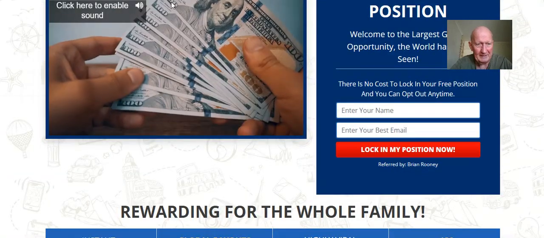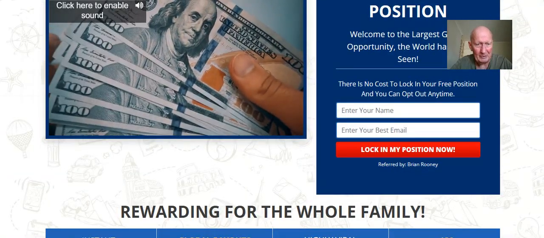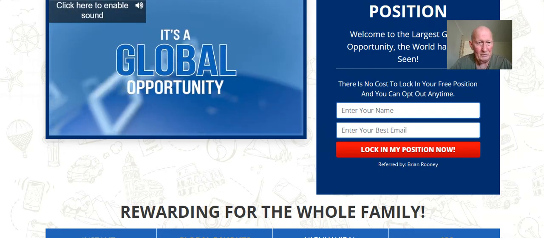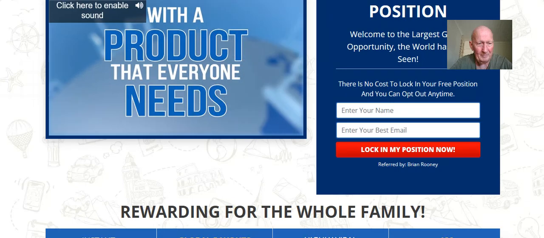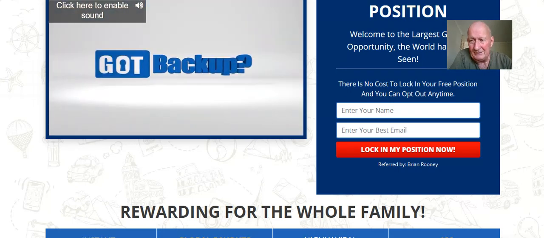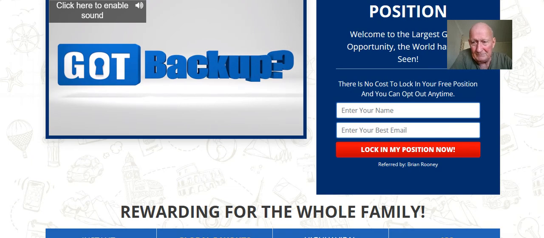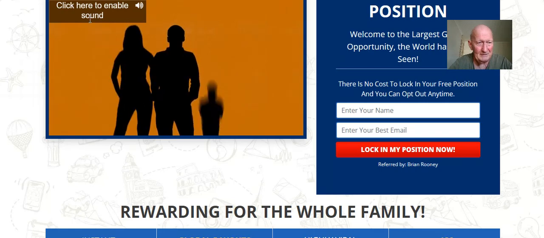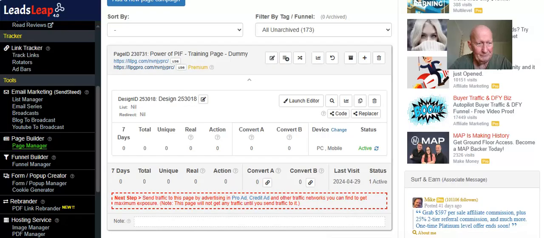You can see there it's got my link in there, Succeed Brian. So you will need to go into Got Backup and get your link, whatever your username in Got Backup is. And of course, if you haven't joined Got Backup yet, just join up to it, and get started and get your link. So you would need to copy that link,